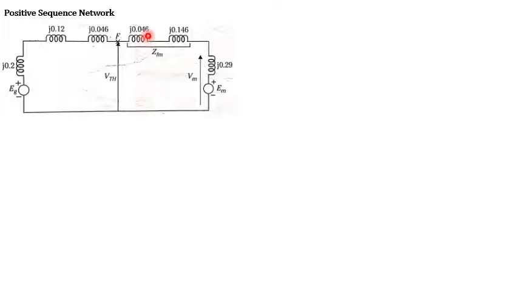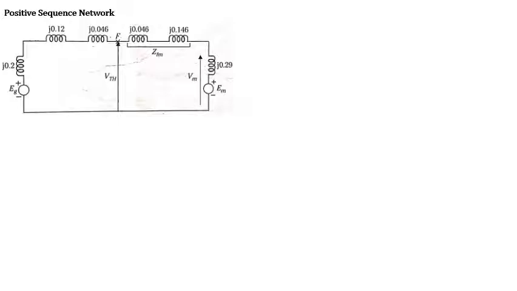Okay, we are going to divide it. Look at this, we are going to divide these values. Why? Because there is a fault which takes place at the middle of the transmission line. So what is the value we got? That is 0.092, we have to divide it by 2, so you will get 0.046. Okay, this is what we got.